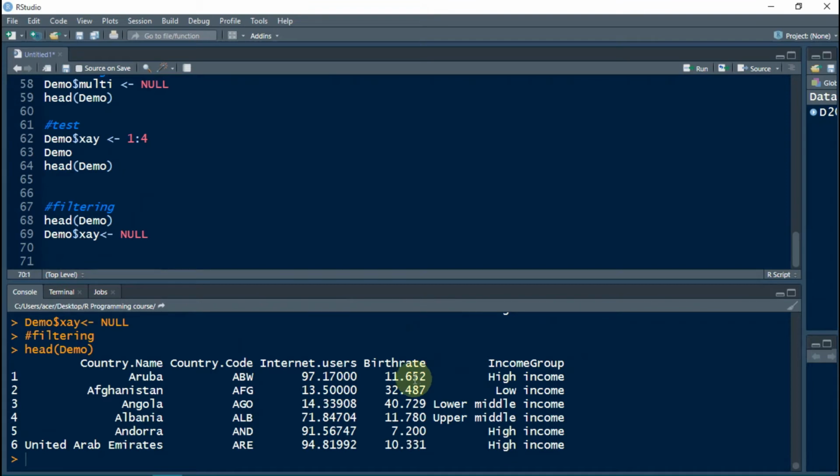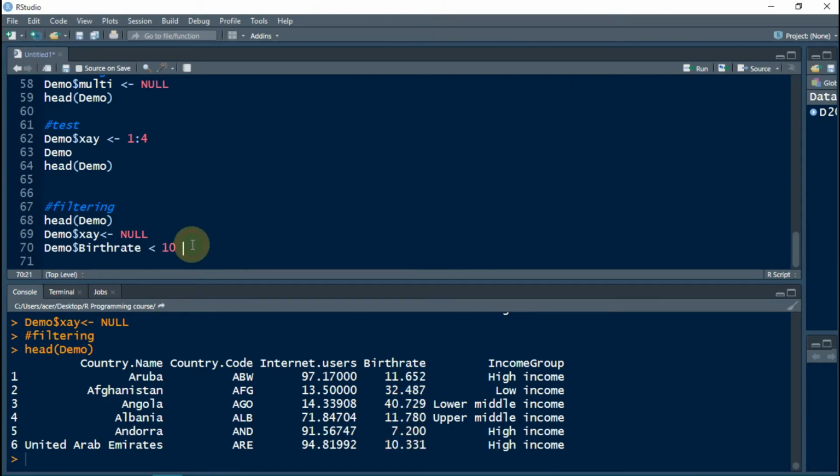So let us suppose we want to view all those rows that have got birth rate less than 10. For that, first of all we will create a vector that says whether the values of birth rate are less than 10 or not.